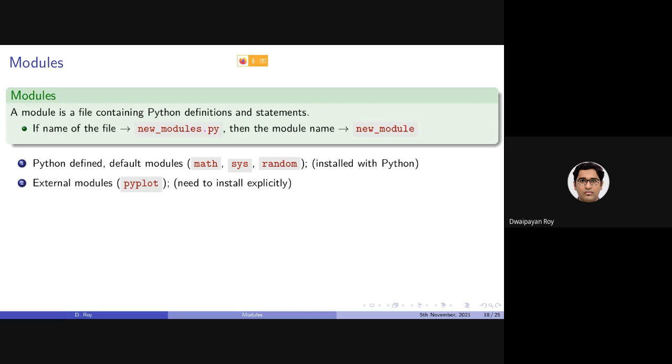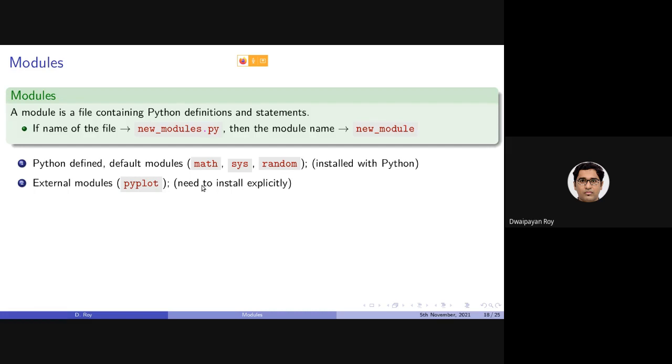These are called Python external modules, such as this pyplot, and we need to install them explicitly on our machine before using them. Python default modules are installed together with Python. That is, if you install the Python interpreter, they will be installed implicitly. But these external modules, we need to install explicitly.